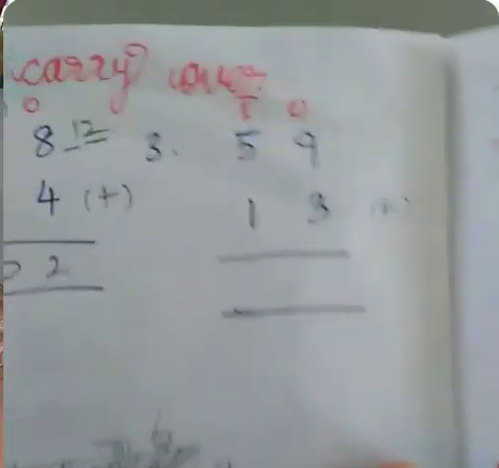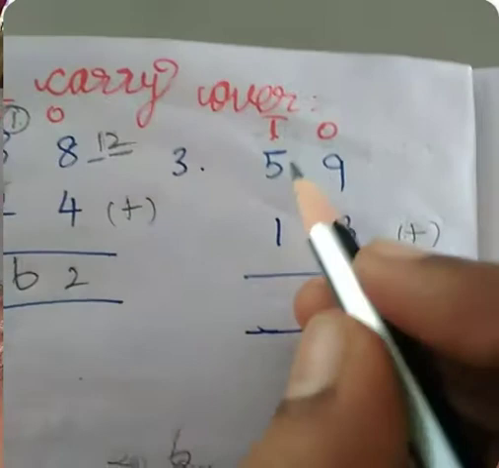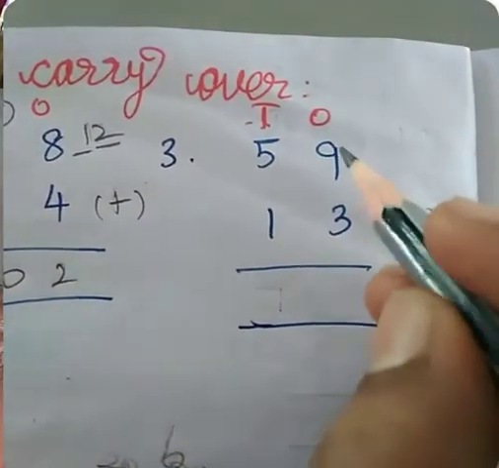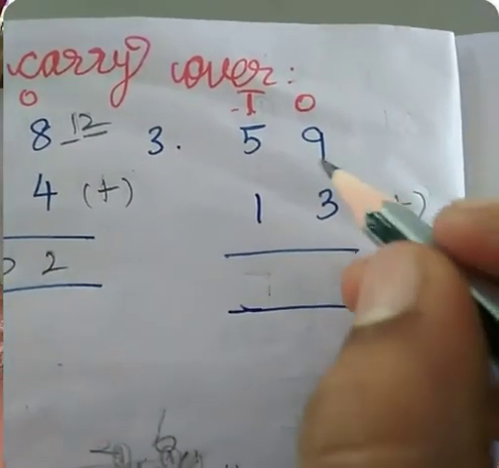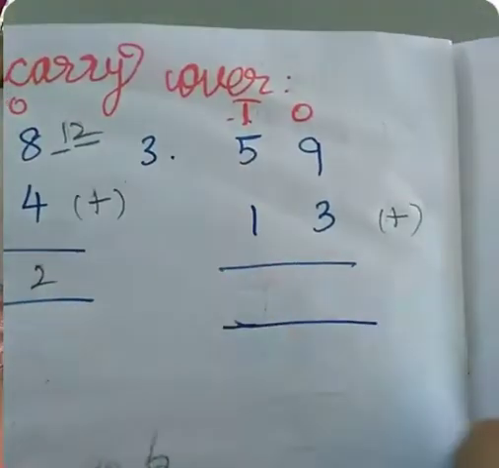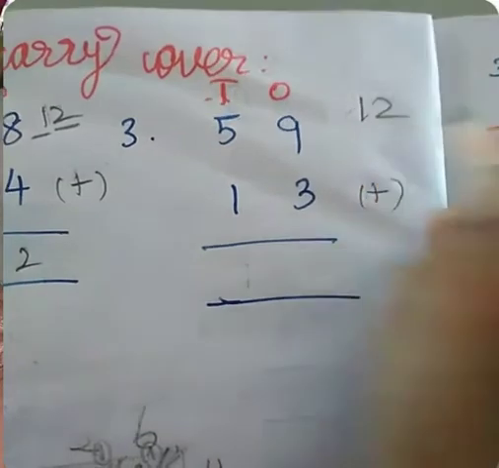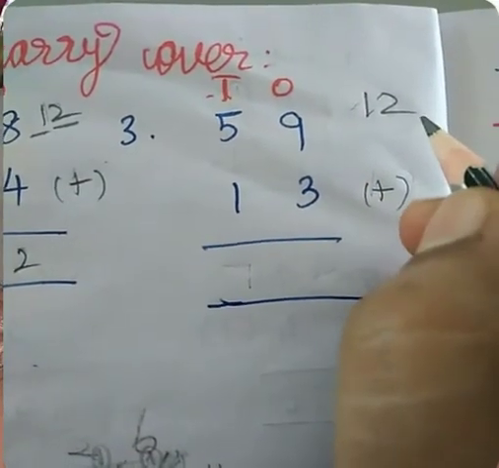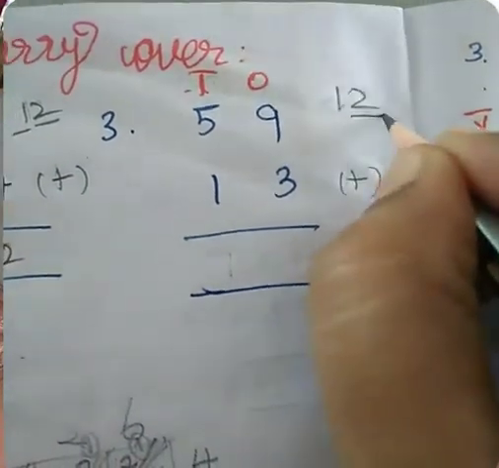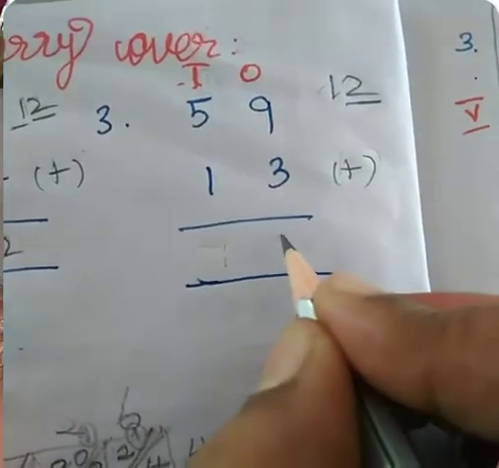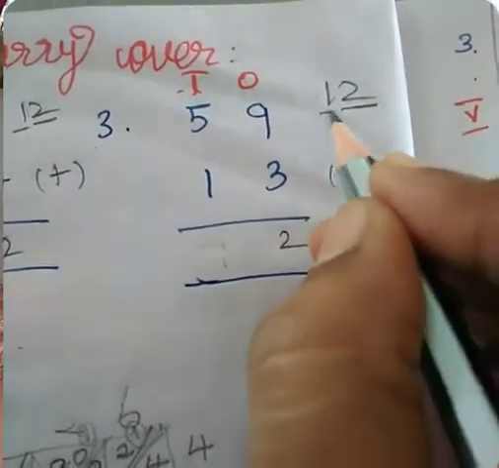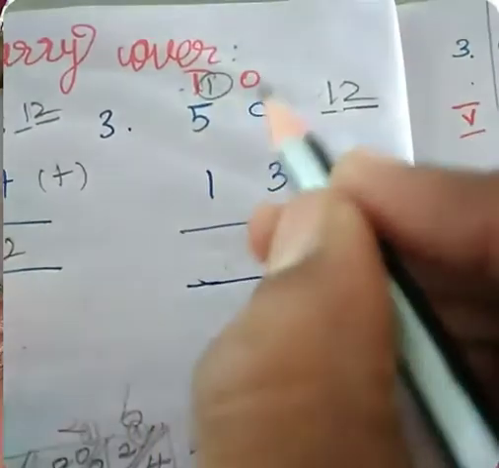See the third sum. First put the ones and tens column and add the ones column first. 9 in the mind, 3 in the finger, 9 after 10, 11, 12. The answer is 2 digit. 2 digit means what did I say? First you put the ones place value in the ones column answer place, 2. Then the tens place value in the upper side of the tens column and round it.